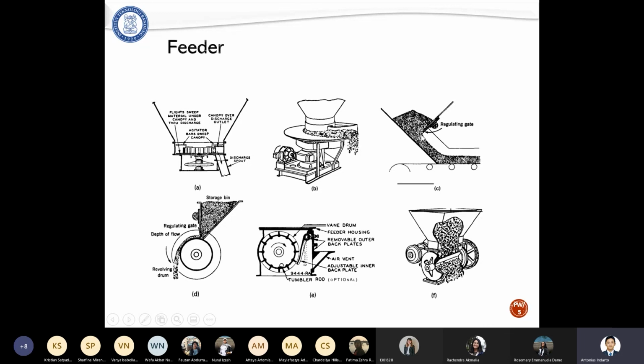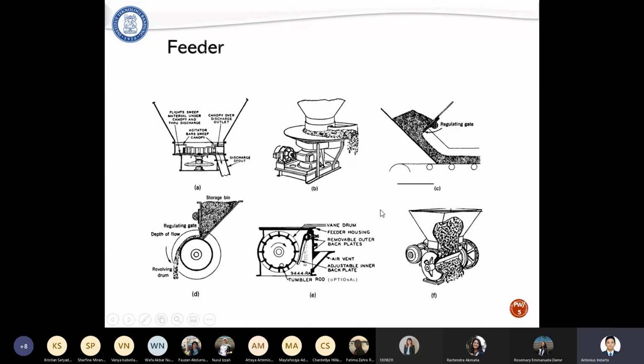When we make the gate bigger, more solid particles enter the storage. If we close it more, fewer solid particles enter the storage.